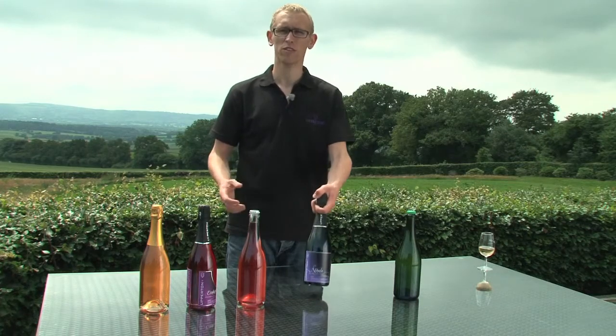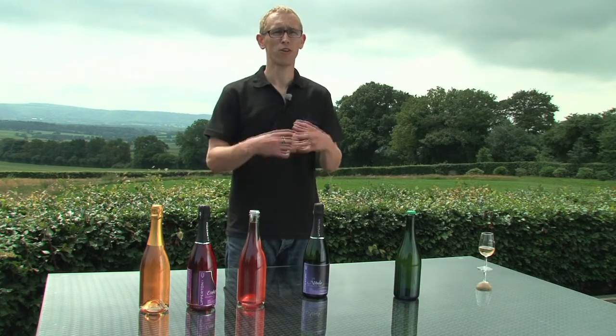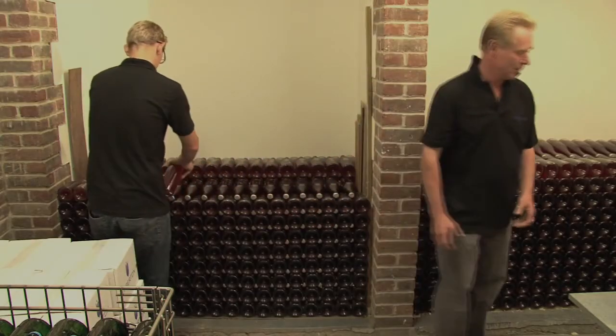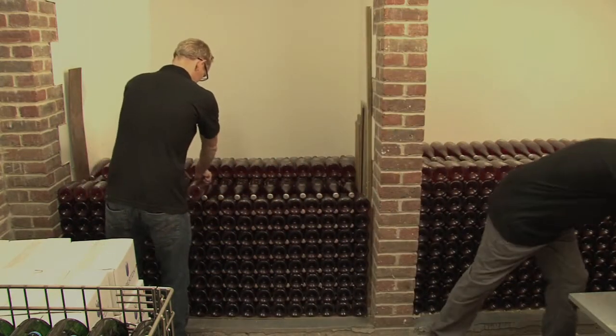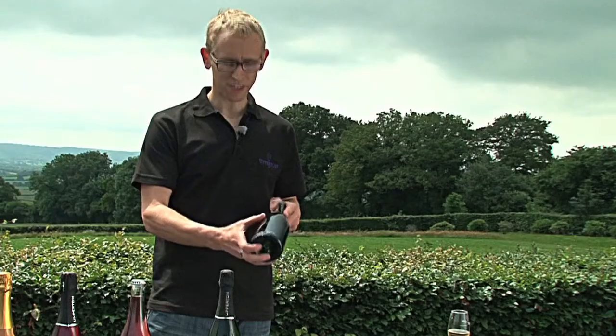And all our wines have got a style where they're quite fruit forward. They've only got light yeasty flavours, and so although we age them in the cellar for 2 years, we're going for a wine that's quite approachable and perhaps not as austere as many champagnes. That is the 2009 blend, and 2010